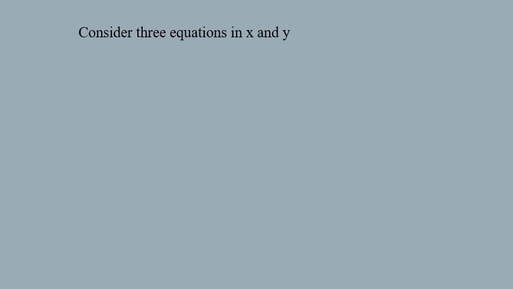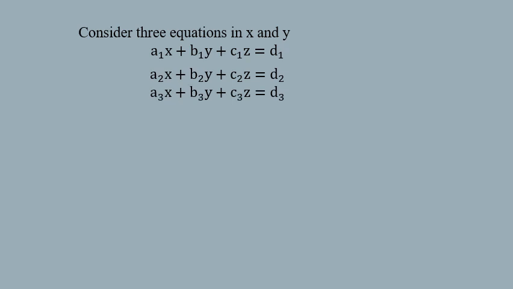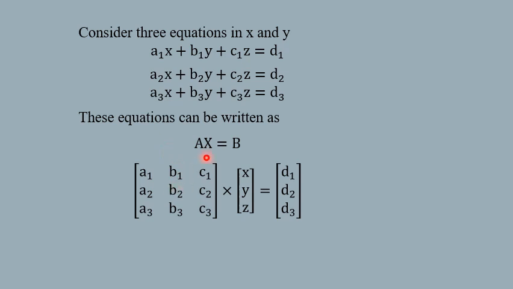Now consider three equations in x, y and z, and we are going to convert these equations into a matrix equation. This is equation number 1, this is equation number 2, this is equation number 3. Now these equations can be written in this form: AX is equal to B. Here A is the matrix of coefficients, X is the matrix of unknowns, and B is the matrix of constants. So A is this matrix, X is this matrix, and B is this matrix. Here A is the matrix of coefficients of the unknowns x, y, z, in which elements placed in the first column are coefficients of x, elements placed in the second column are coefficients of y, and